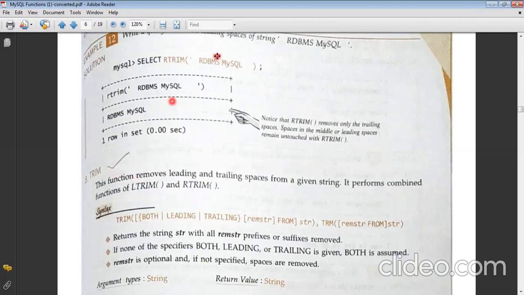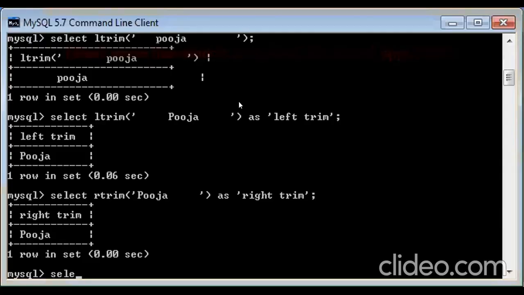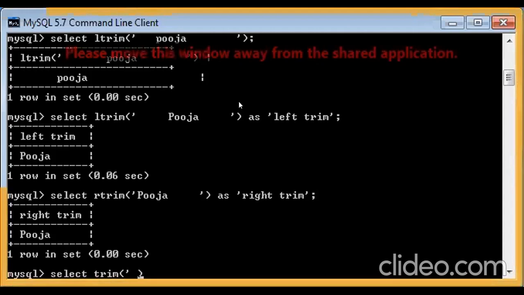So we can see it on the console also. Suppose we want to use trim and we want to remove the back spaces and the front spaces from the given string. So the string we have is, let's say, computer, and so many spaces after it. And I haven't mentioned that we want an rtrim or an ltrim.